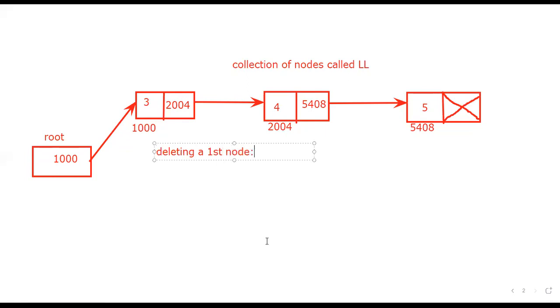First node I'm deleting. If I want to delete a first node, in any programming language, direct deletion is not possible. But what should I do? I want to declare a temp variable. That is also a temp node. The temp node will be created. So this is the temp node. We can declare it here. With the help of this temp variable, we can delete a first element.